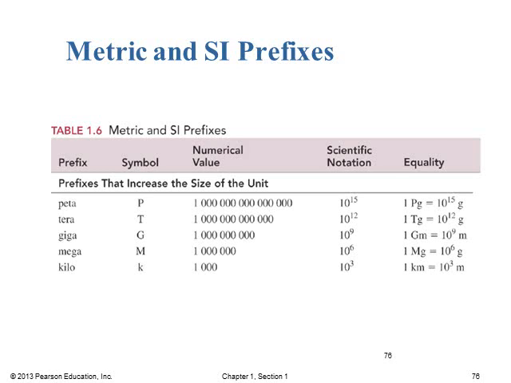Here are some other prefixes that we use. You can also see their scientific notations, so they're one and the same, and you can see the symbols used for the prefixes. For the purpose of this class, we probably will only use kilo in this table. We don't really use much of the other ones, but you may be familiar with tera, giga, and mega, especially when talking about computers, hard drives, and memory.